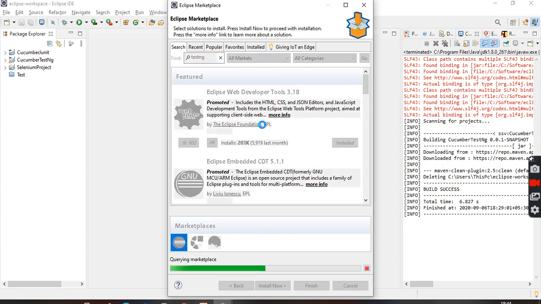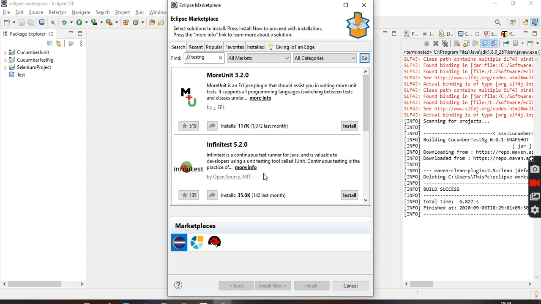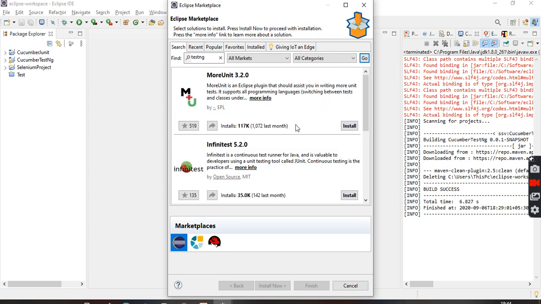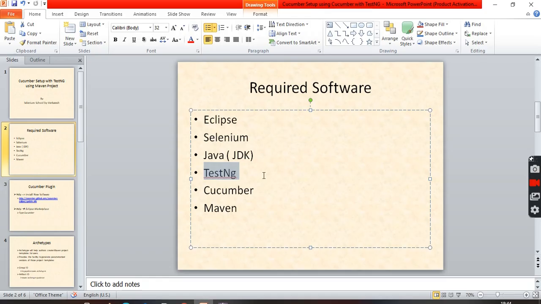Now automatically the TestNG will be installed. Oh, sorry. As we are using the Maven project, there is no need of this plugin. We are using the Maven project.